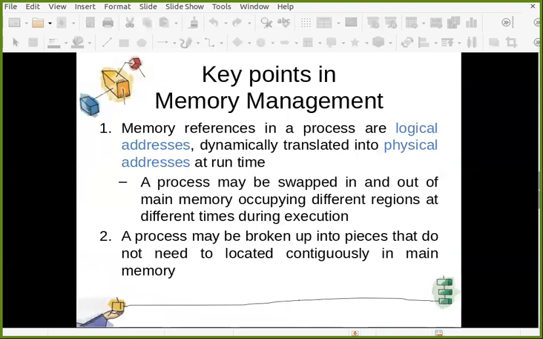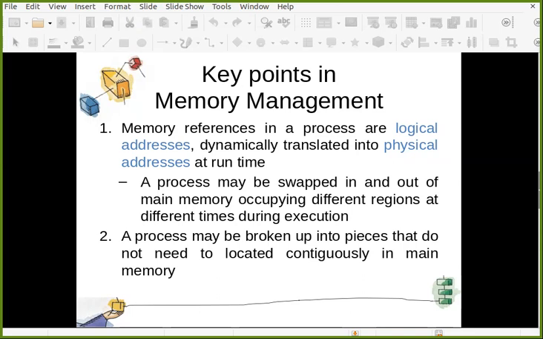Now, let us talk about a few key points in memory management that we discussed in the last chapter, especially with paging and segmentation. What flexibility can you have with the paging and segmentation idea? We have seen that in paging and segmentation, we have logical addresses which need to be converted into physical addresses at runtime. Why do we need to do so, and what does it allow?